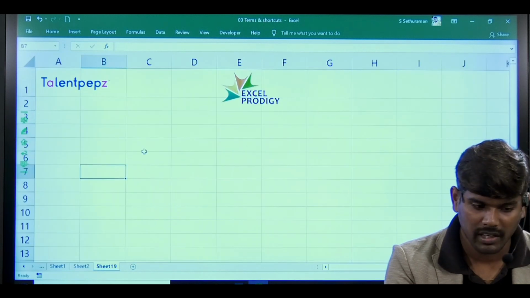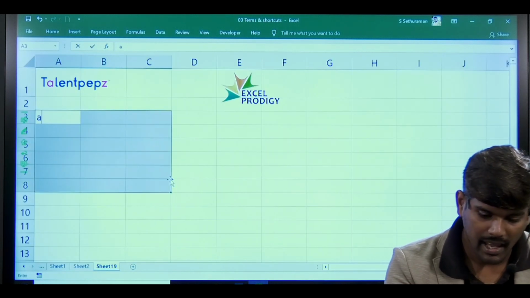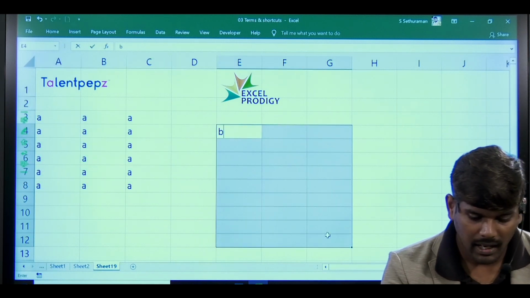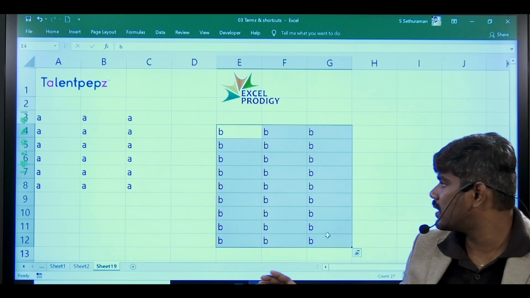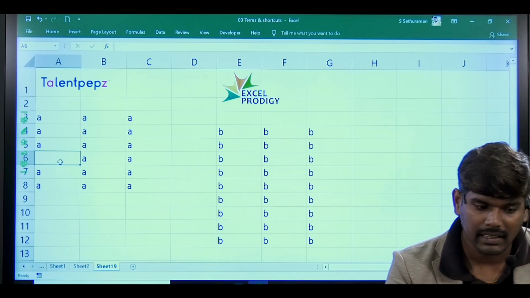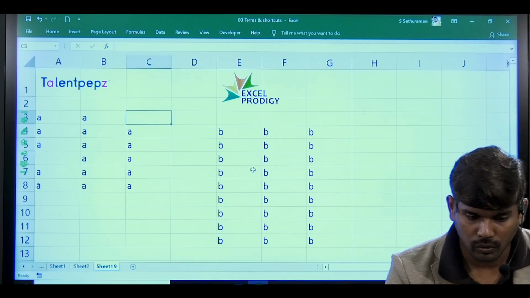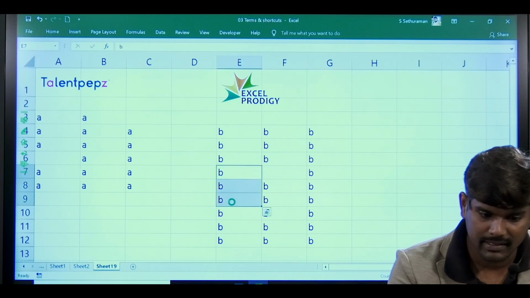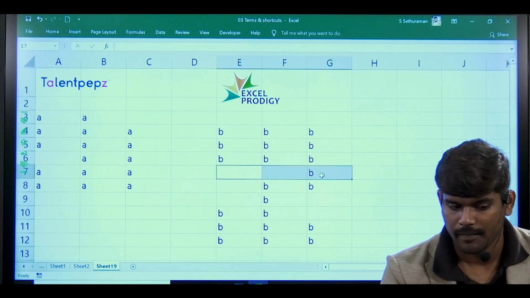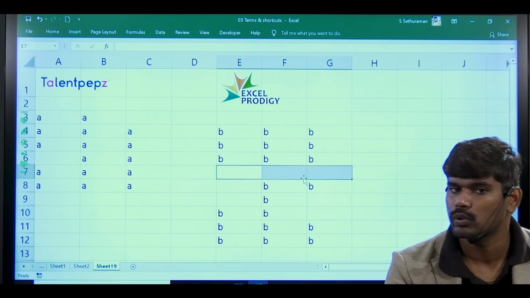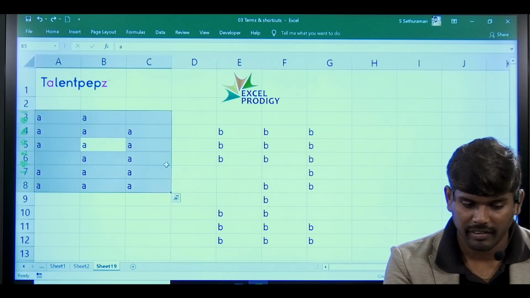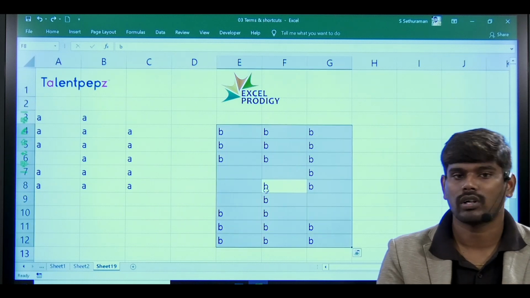If you want, I will show it here. I am selecting these cells A and Control Enter. I am selecting these cells B and Control Enter. What I need is, in a single click I have to select. Why? Because I have blank cells in my data. Here also I have blank cells. But the data is continuous. Somewhere it is continuous. See here, it is attached here. If you have completely deleted it, then it won't work. You have to understand. If I click on any cell, Control A, it will automatically select.